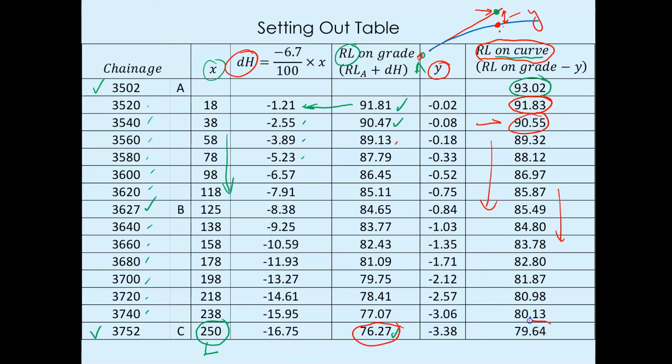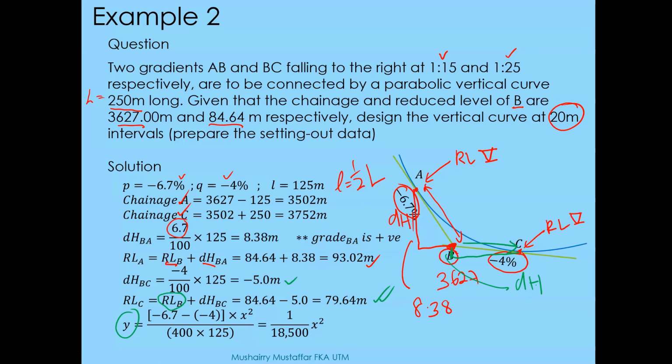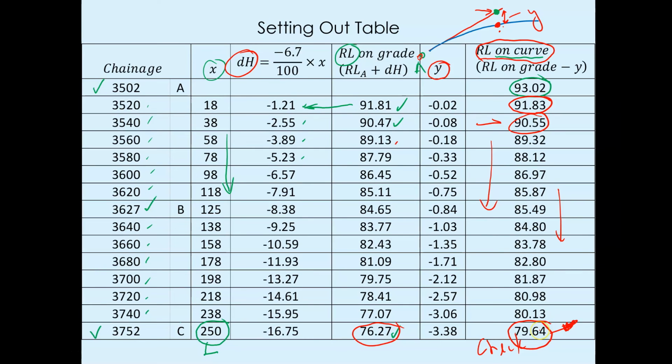downwards till you get to point C, or your second tangent point, and that one agrees with what we have calculated before we started doing the table. So that will be our check. We check that against the one we just calculated before. So that one equals what we have gotten in the table.